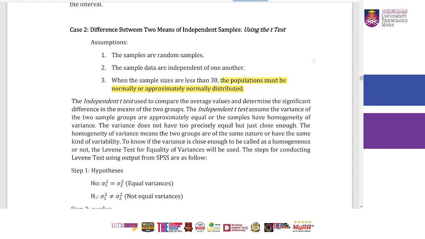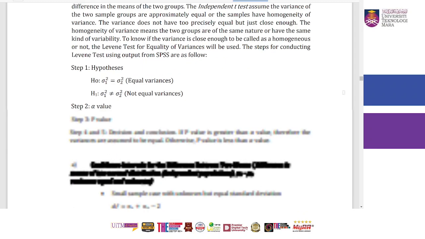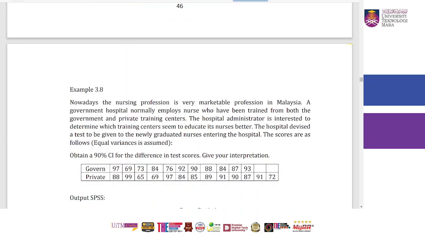This is the consideration whereby the variances are not provided, or you have an unknown variance or unknown standard deviation for both samples. All right. So in this situation, you need to test first whether